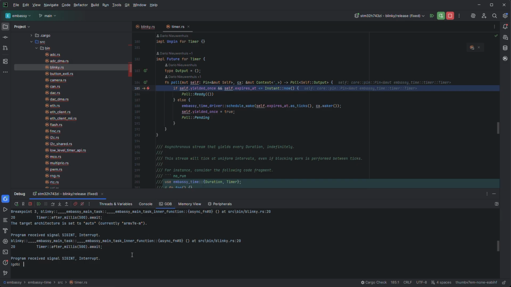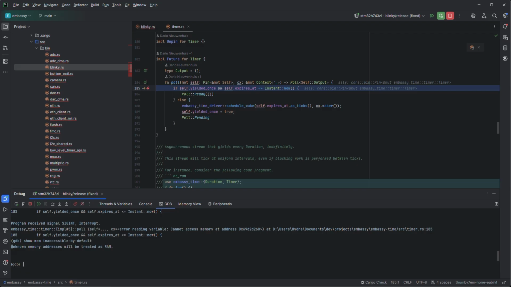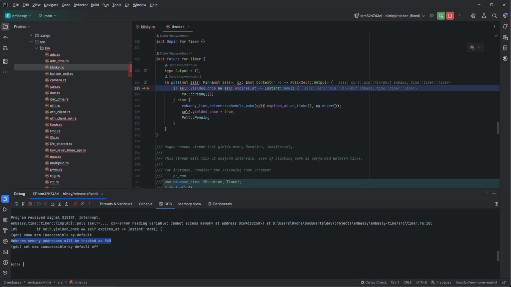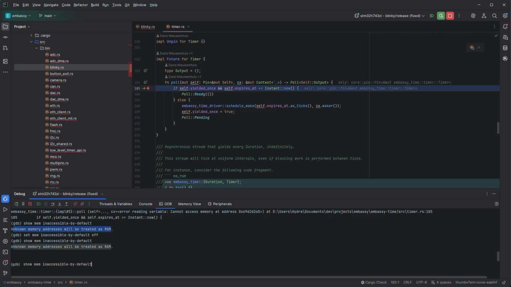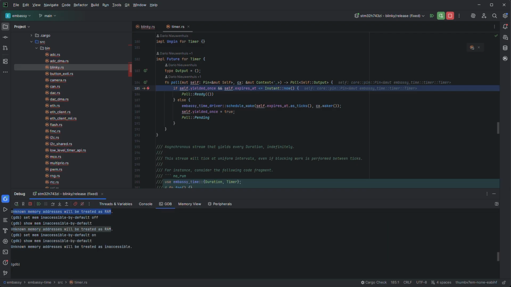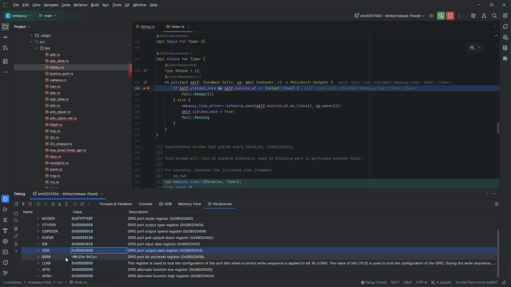So if you go to the GDB console and you issue show mem inaccessible-by-default, and it says something else other than this, then that feature is disabled. So then you say set mem inaccessible-by-default off, I think. Yeah. And then you can say show again. And the other option is on, of course, and so on. So if it says on when you look at it, then you won't be able to read the registers. So in that case, you set it to off, confirm that it's set, and then you can see the addresses here after you've stepped through the code once again,